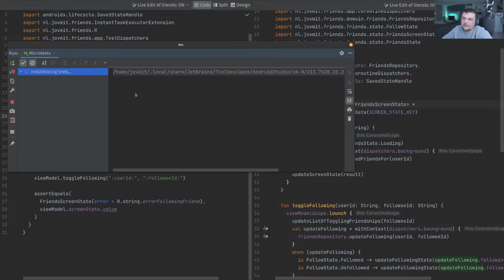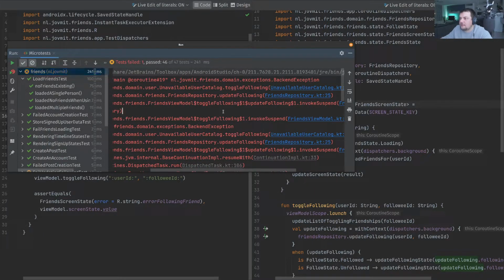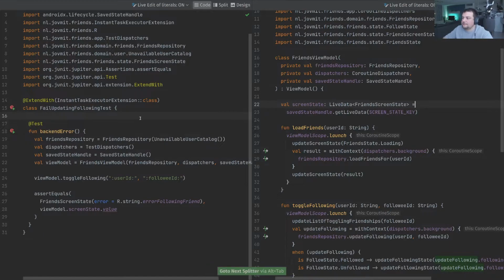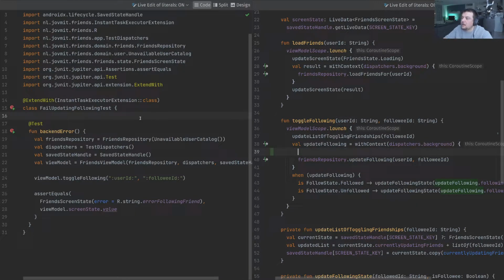What's gonna happen then? It fails. And it fails because it says backend exception happened. So how do I fix this? When I toggle following here, I'm trying to update following. I'm calling this, and that one is making a call to the repository, and the repository throws an exception, so it's nowhere handled. So if I just wrap this into